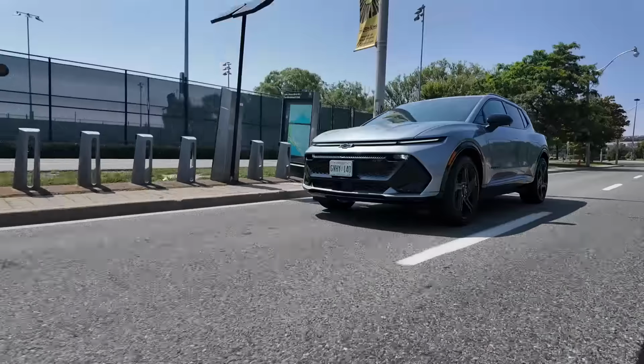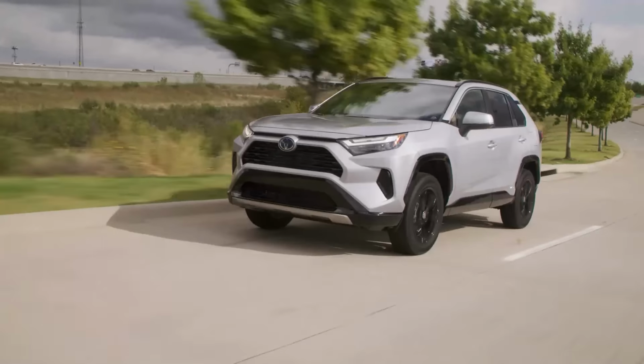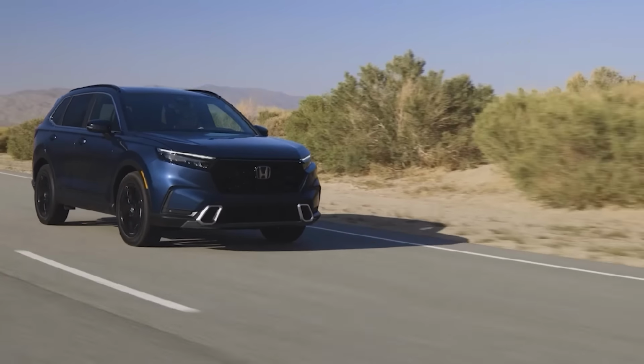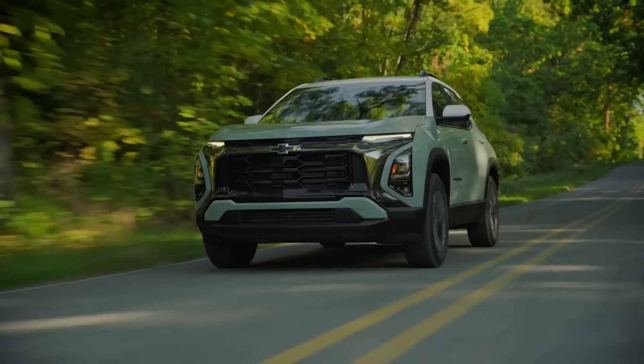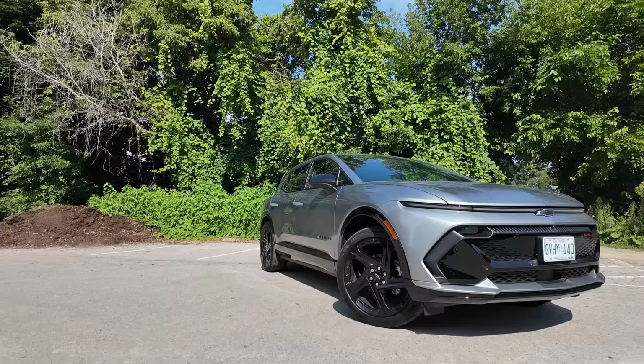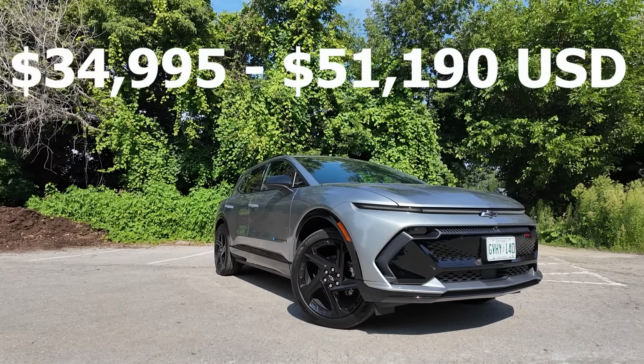What we have here is a typical family-sized SUV, similar in size to a Toyota RAV4, Honda CR-V, or even a gas-powered Chevrolet Equinox. Only it happens to be electric and have pricing that's pretty competitive with the gas-powered and hybrid-powered alternatives. In the US, the Equinox EV has a starting price of around $35,000 US, and because it qualifies